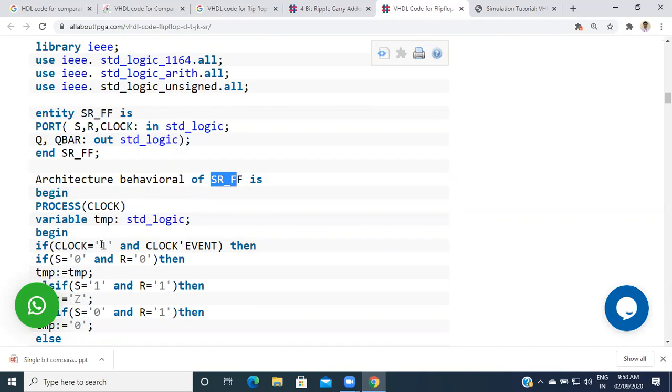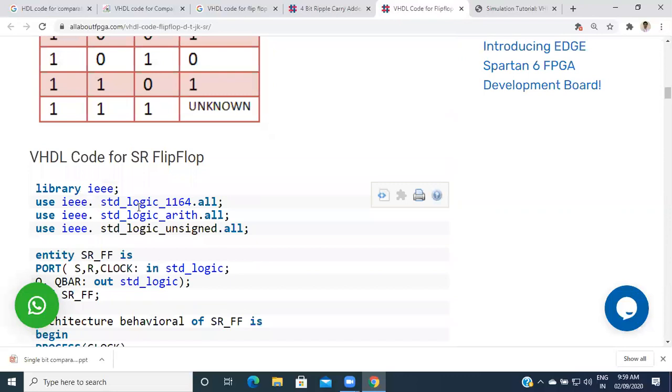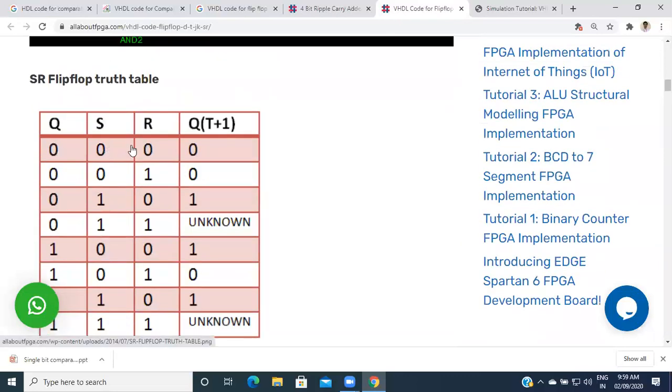If clock is 1 and clock'event, then if S is 0 and R is 0, based on this value of the clock, these are assigned. If S is 0 and R is 0, the value is 0.